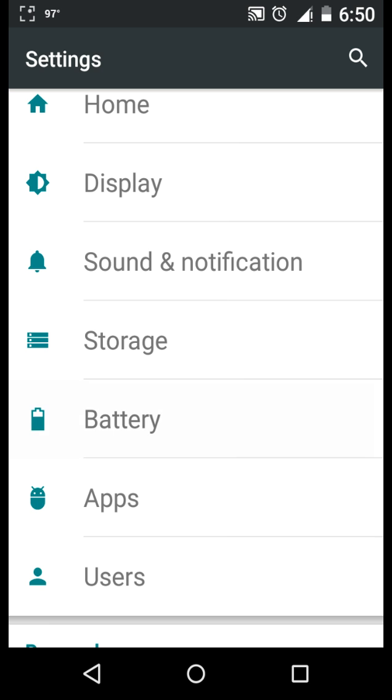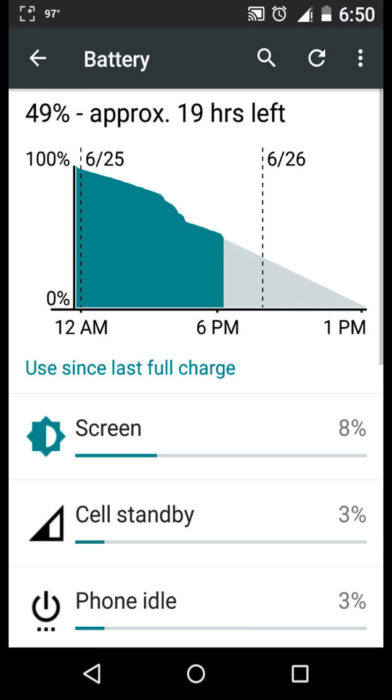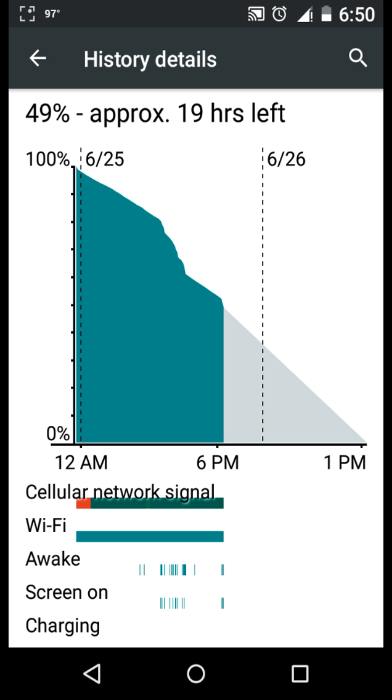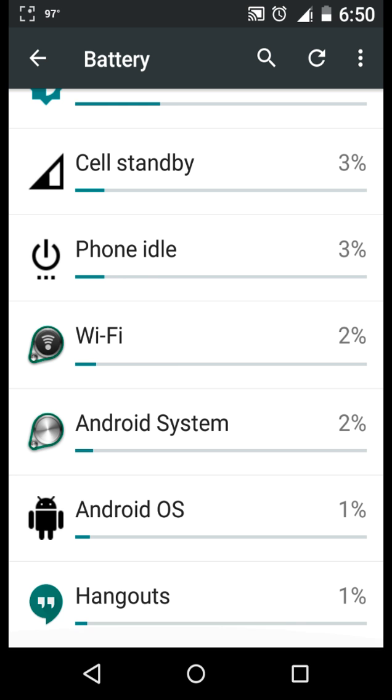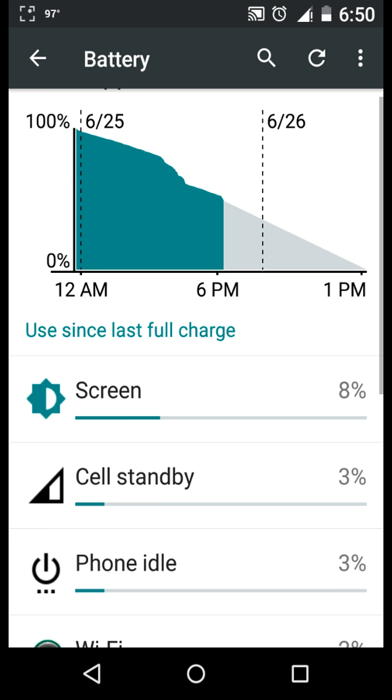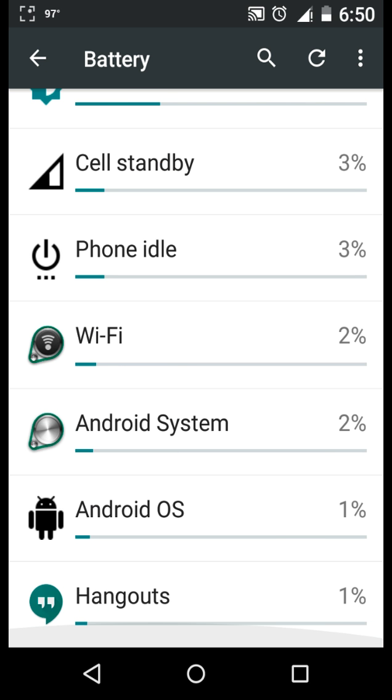Now this is your battery one. This one is pretty self-explanatory, but the cool thing is that if you touch the graph right here where the battery is, it breaks it down and gives you even more. Right now I'm running at 49%, approximately 19 hours left. These Moto Gs work pretty good on the battery. If you go back to the main screen, it gives you a breakdown of which system is using how much battery. And these are just phone systems here, stuff that